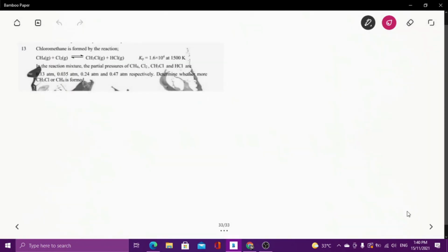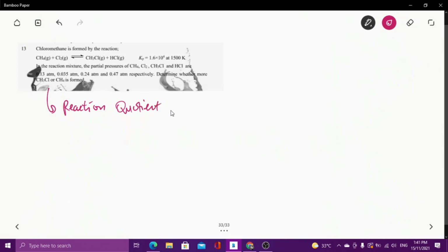Last one, soalan 13. So yang ini soalan 13 ni is actually a new one. Okay, this one dia nak kita tengok sama ada reaction ni is in equilibrium or not. Kalau dia tak equilibrium, so dia akan ada perubahan shift dari mana ke mana. Okay, so in this case kita akan mula diperkenalkan dengan something yang dipanggil sebagai reaction